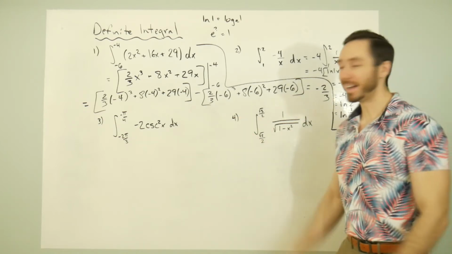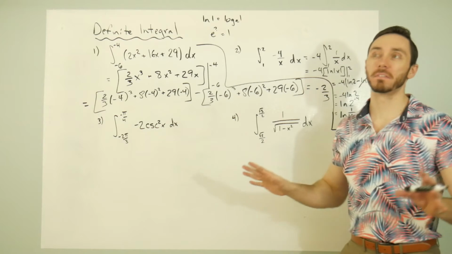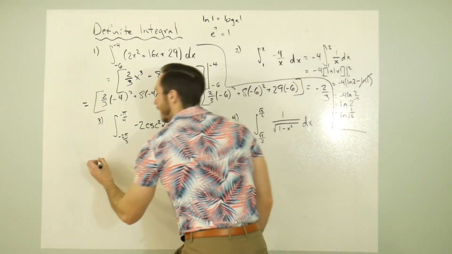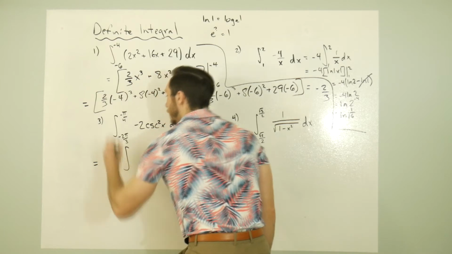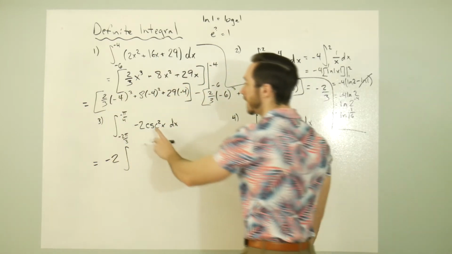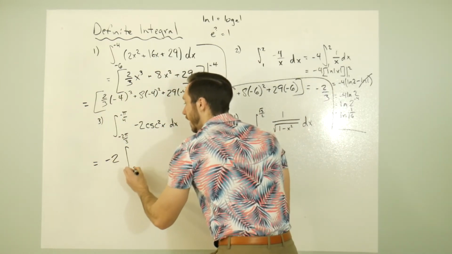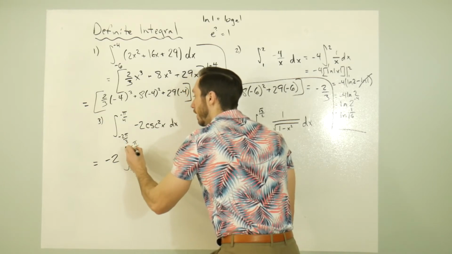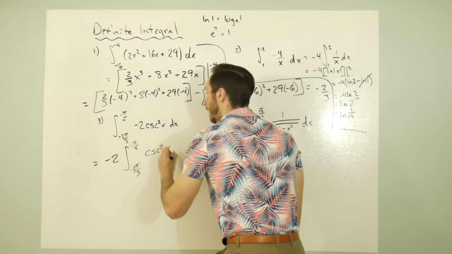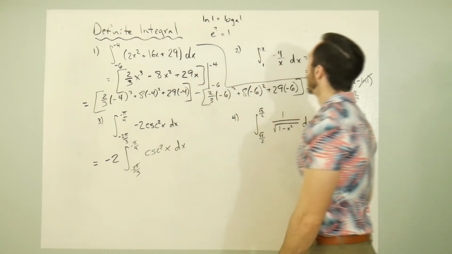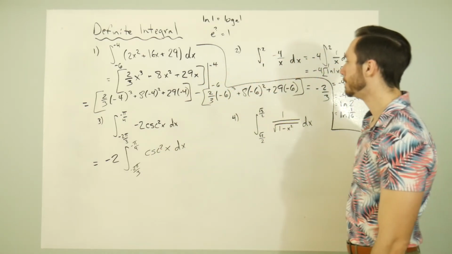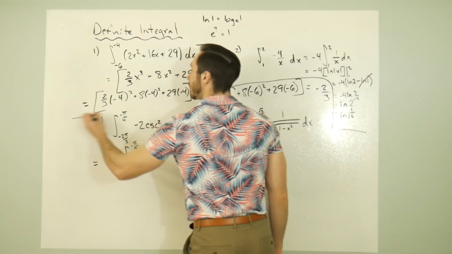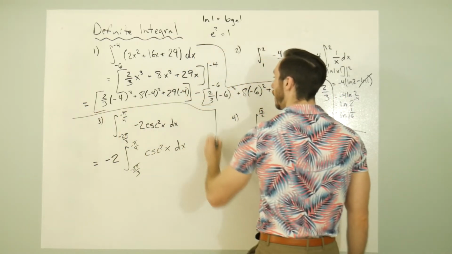Looking at this next one, these might get awful if you don't remember your unit circle. So again, I see this -2. Let's bring that up front to not really have to worry about it when we're taking that antiderivative. So this is going to be from -2 pi over 3 to -pi over 4 of cosecant square x dx. Sure, okay. What is this antiderivative? What is the antiderivative of